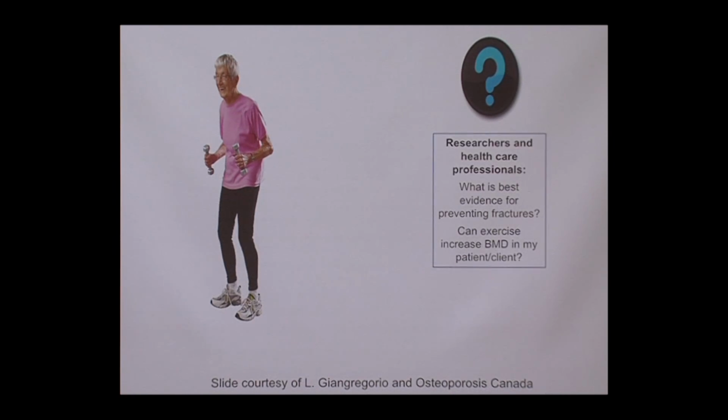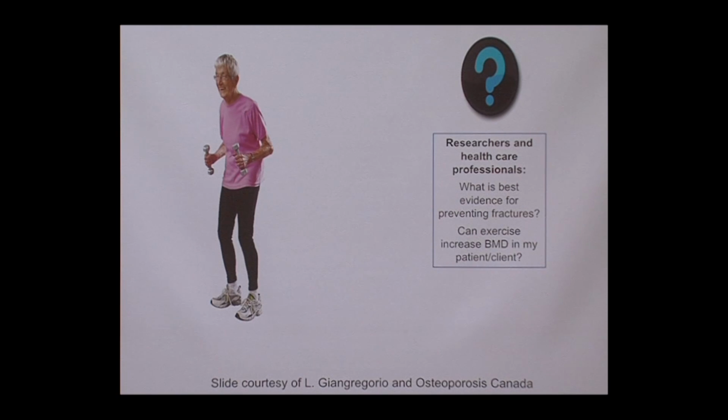so my colleague, Laura Giangregorio, and Osteoporosis Canada, they were interested in what's the best evidence for preventing fractures. Can exercise increase bone mineral density? And how can we create guidelines and recommendations for our patients that also respect the differences? Because not everybody's the same. Some people have other underlying diseases. Some people have osteoporosis. Some people have prior vertebral fractures. But interestingly enough,